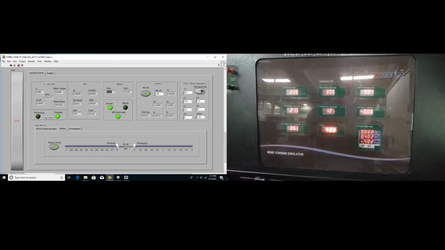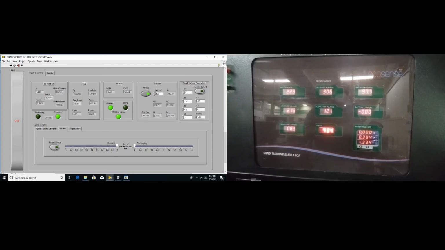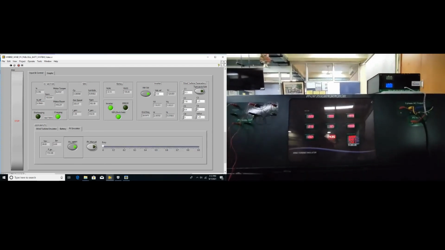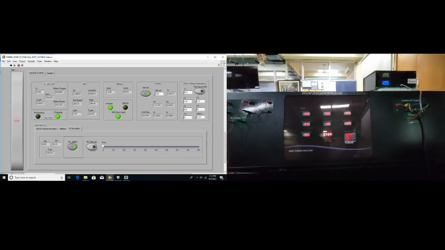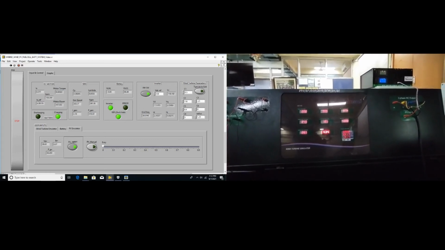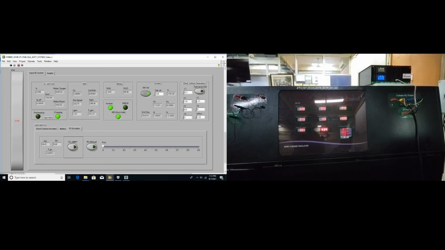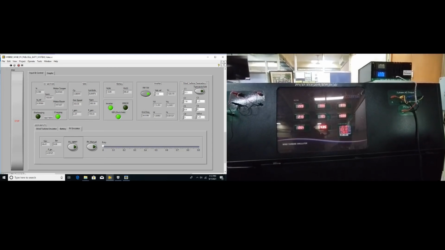To switch off the battery, we can reduce the reference current to 0 and switch off the battery switch. Again, to switch off the PV emulator, we can switch off by switching off the PV MPPT switch.